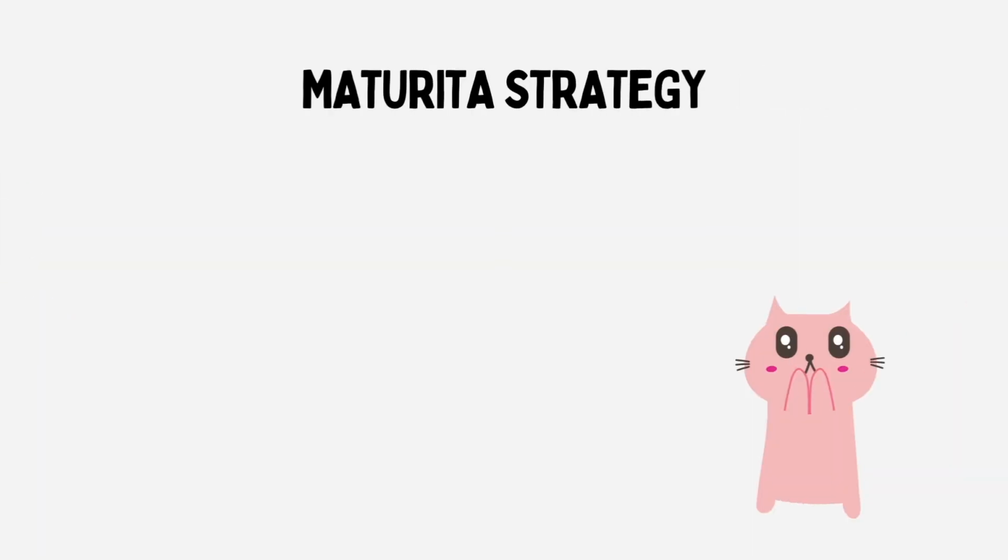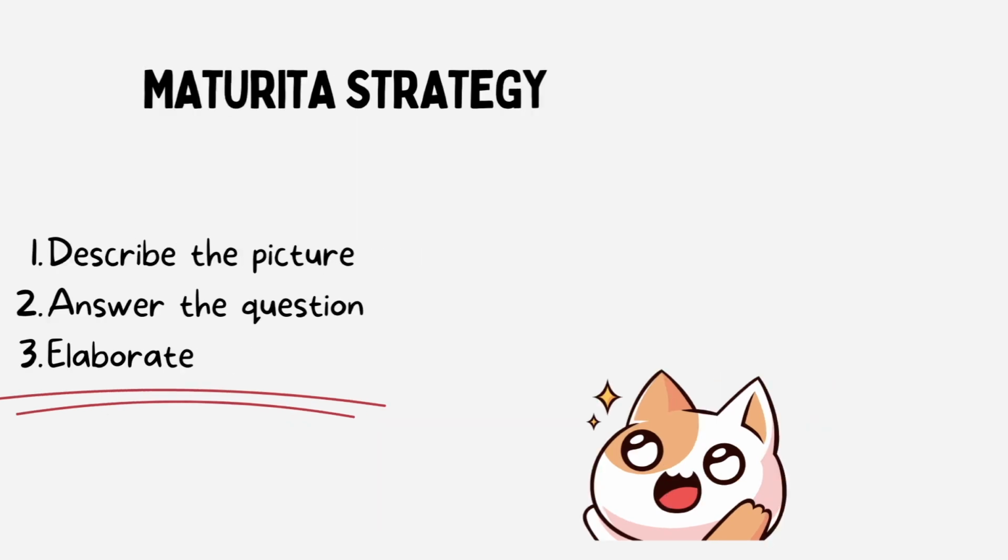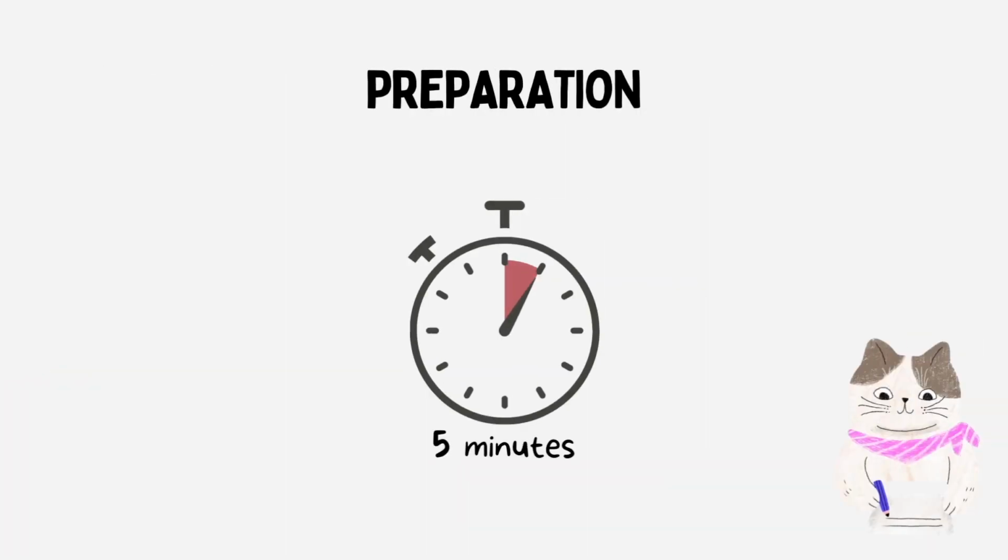There is no way to predict which topic or how many pictures you are going to get on the exam. But it is possible to learn a strategy which will help you complete this task on the exam regardless of the topic. First, make sure you spend about 5 minutes preparing your answer. You won't have enough time to write full sentences, but you can brainstorm some ideas and the needed vocabulary. After outlining all the answers, you can go back to add extra points if you have some time.